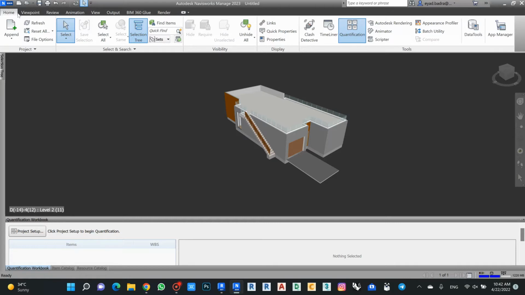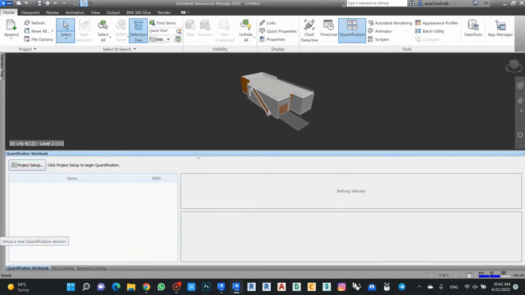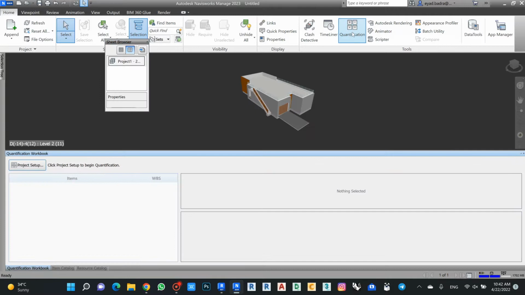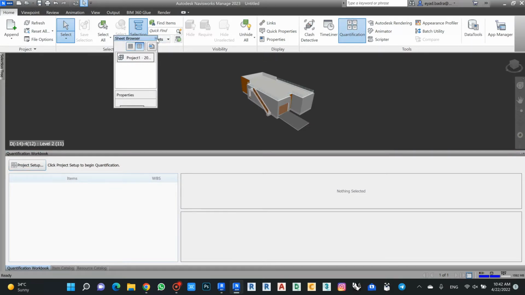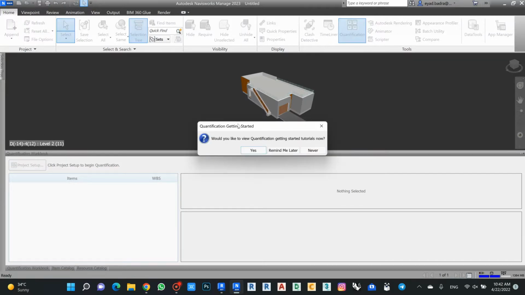And so now in this case we started to speak about quantification. From quantification, if I click on this one, I can see he wants to show how we can make the project take off all the materials and items elements there. So I can start from the project setup,